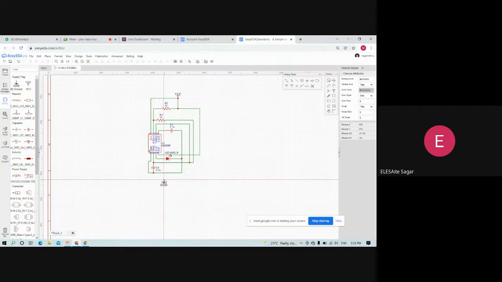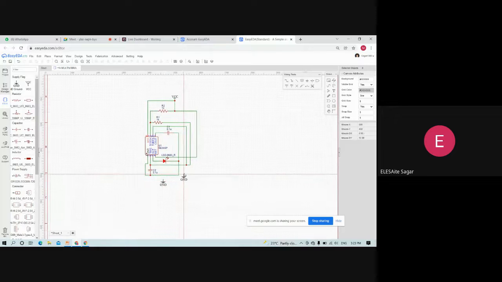And I will select ground from the library. So guys, our circuit is ready now. So now go through design and convert schematic. Before that, we need to save this file. Otherwise, you can use the shortcut for this.